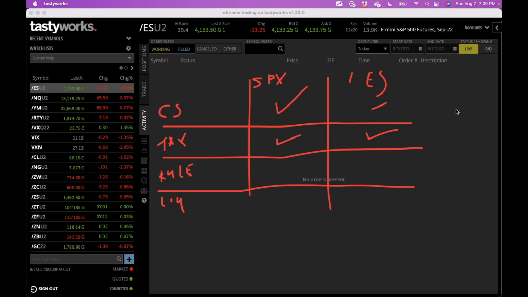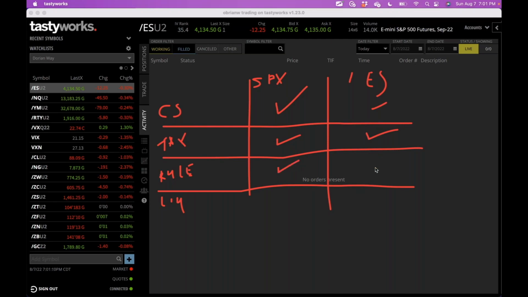The day trading pattern rule. The SPX is regulated by the SEC, so you are subject to the day trading pattern rule. So if you don't have an account over 25,000, not including the buying power used for futures, then you are subject to the day trading pattern rule. Means that anytime you make more than 3 day trades within a week's time frame, your account can be locked up for potentially 90 days. So you are subject to the day trading pattern rule with the SPX.